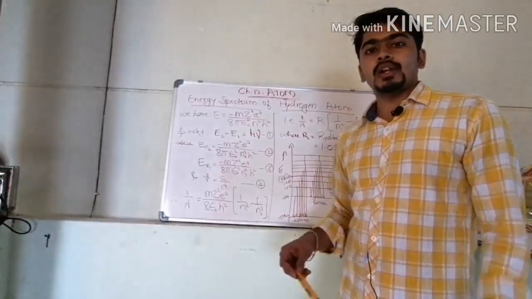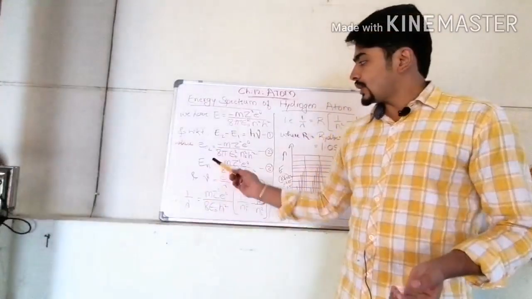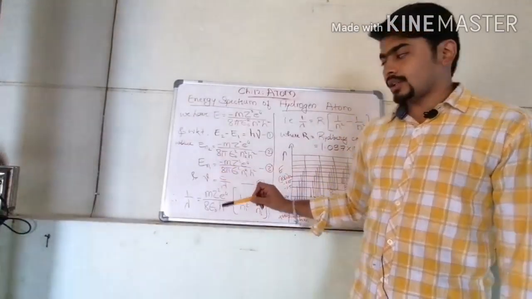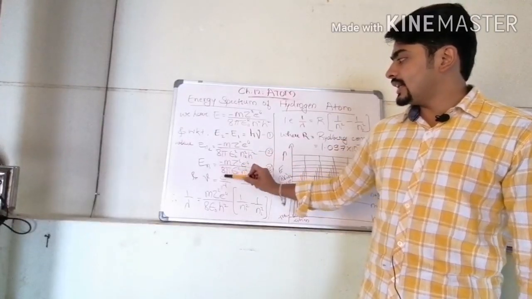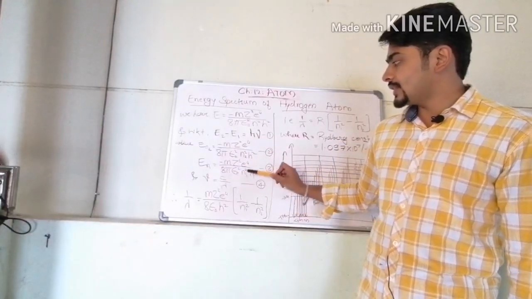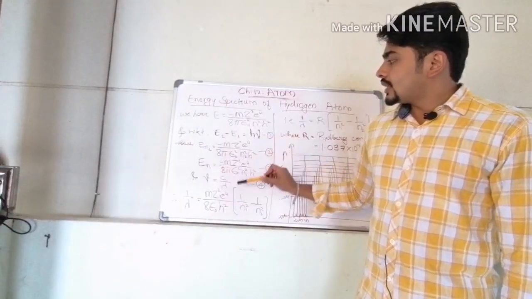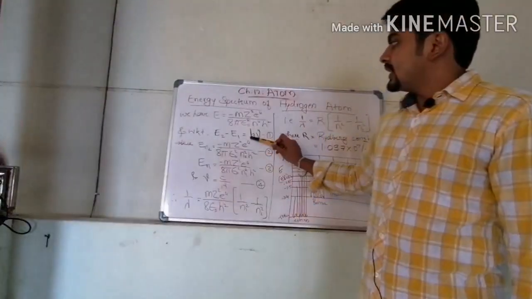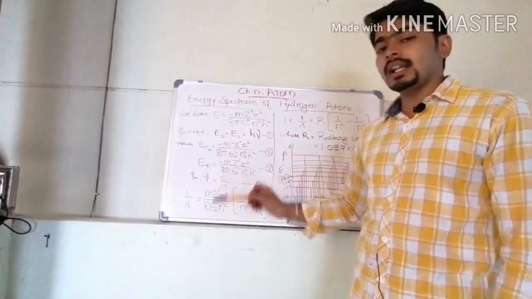So E n2 is equal to this much, where n is equal to n2, simplifying the value of n here. Similarly, the energy level of n1: E n1 is equal to, in the place of n, substituting n1. So it becomes minus m z square e power 4 divided by 8 pi epsilon naught square n1 square h square. And also here we are deriving with respect to the wavelength. We know the relation between frequency and wavelength, that is nu is equal to c by lambda.